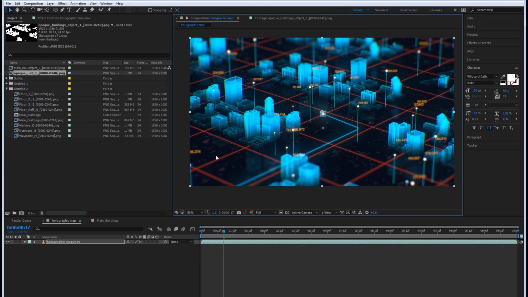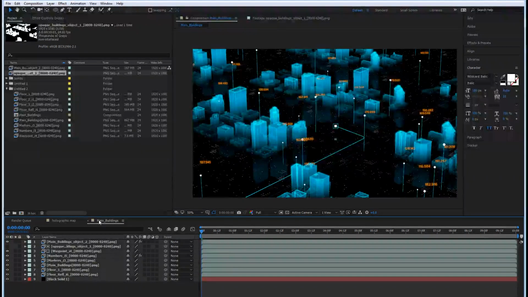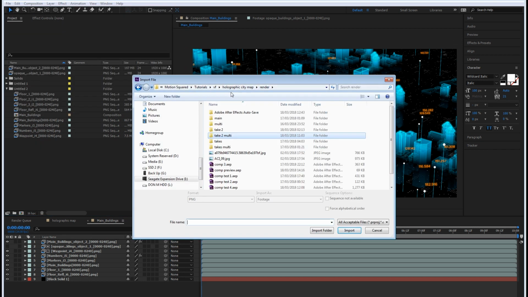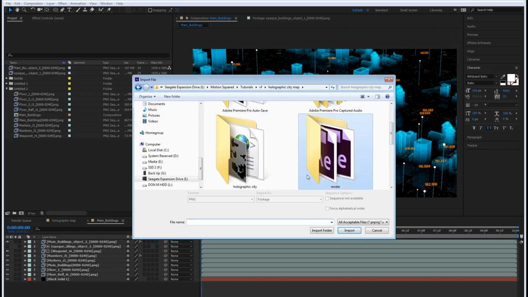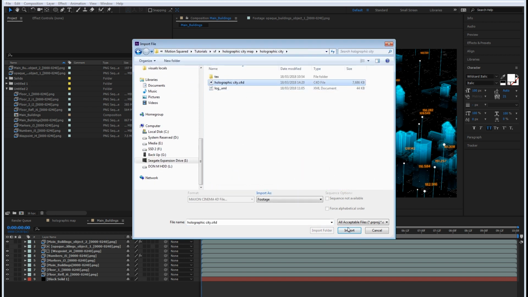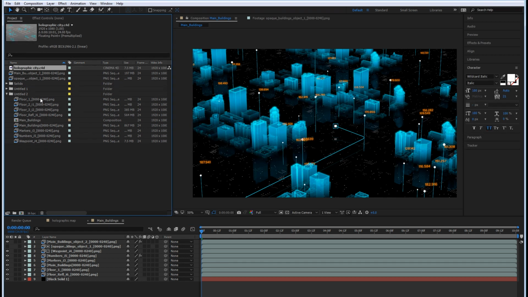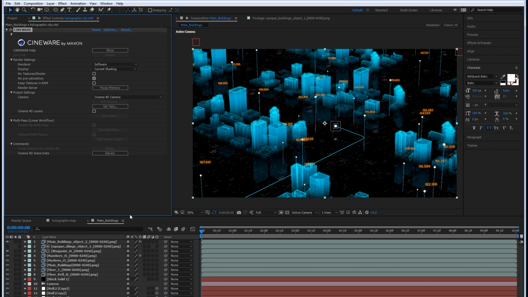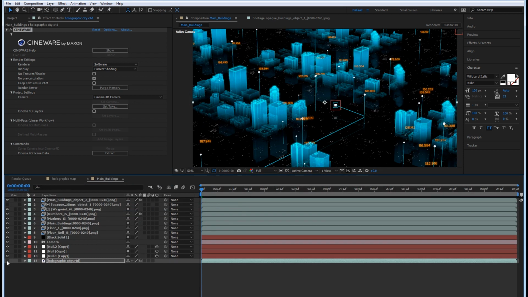Of course, we have the orange grid. I originally did this in Cinema, but I realized it was much easier to use After Effects. But it meant I needed to use the Cinema 4D project file. But that's easy. I can just take my Cinema 4D file here, and with Cineware this will import into After Effects quite easily. Let's put this below everything and extract the data from the scene, and we will have the